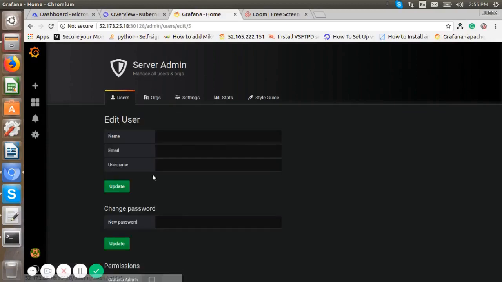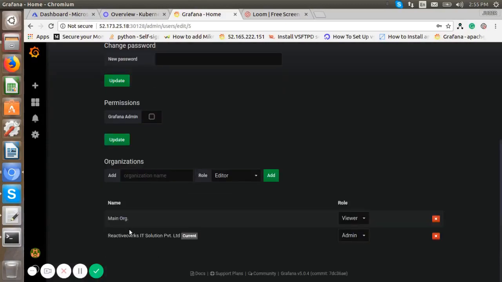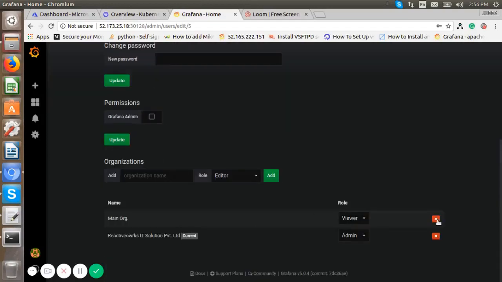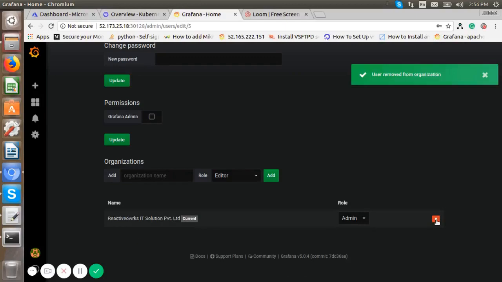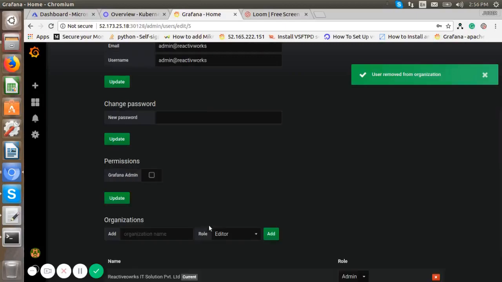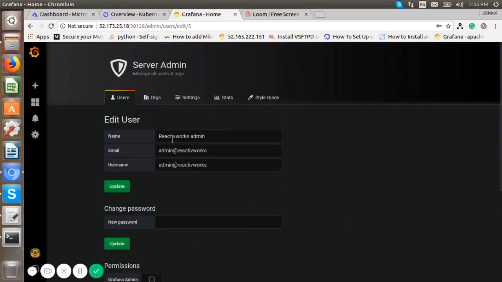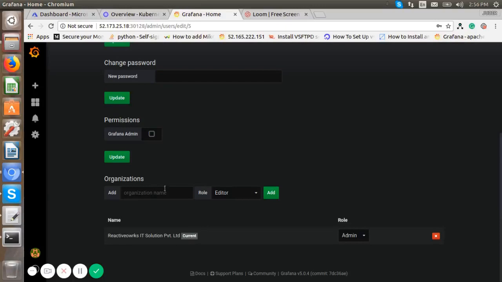Check the admin at ReactWorks. Now you can see that the current organization is ReactWorks IT Solution Private Limited for the admin user of ReactWorks. Now we can remove the main organization for the admin user. Now you can log in using the ReactWorks admin. You can log into the ReactWorks organization.